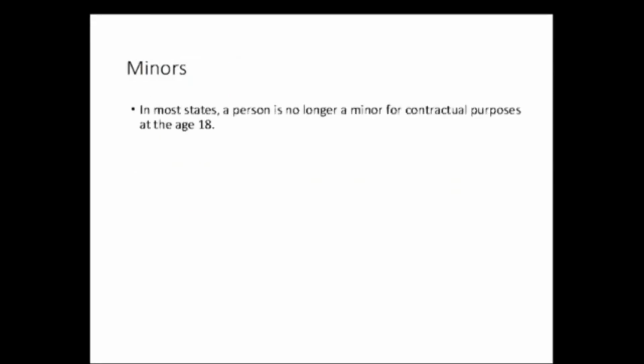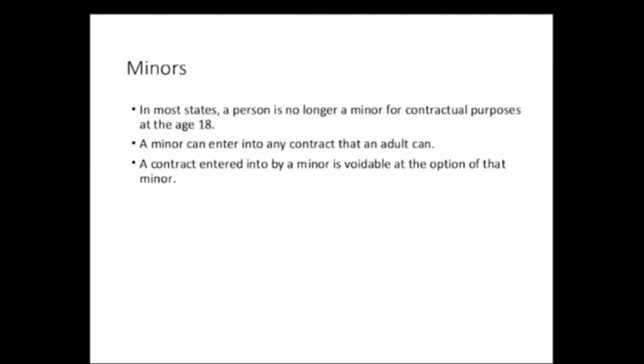You also have to have capacity. What capacity basically means is the legal ability to enter into the contractual relationship, meaning that the people bargaining have to have full competence. If they don't have competence, if they have limited competence, then you don't have a full bargain. And then legality. It basically has to be something that's not criminal, tortious, or anything that's opposed to public policy. The best example is a bargain to sell cocaine.